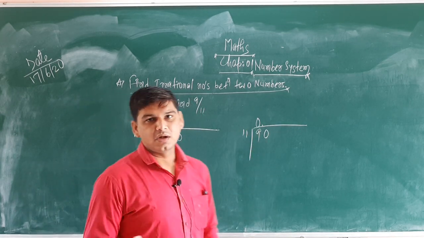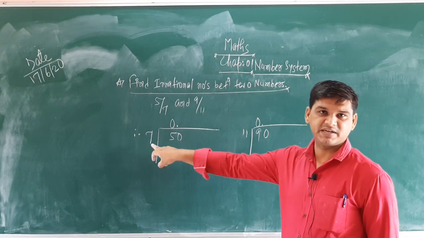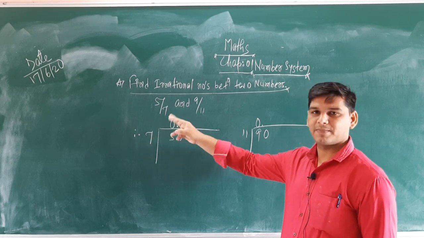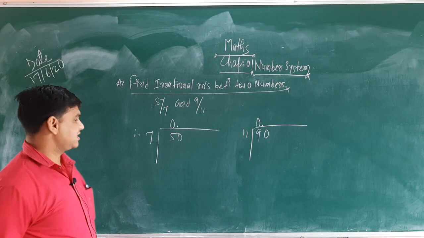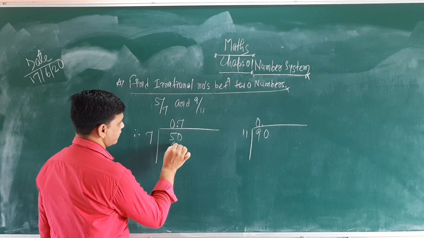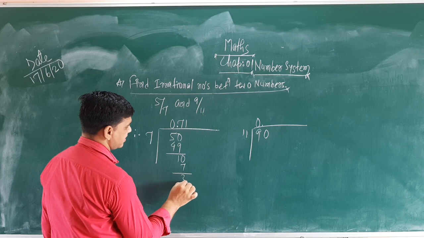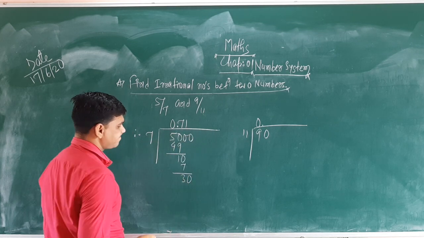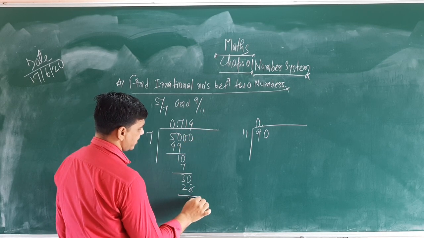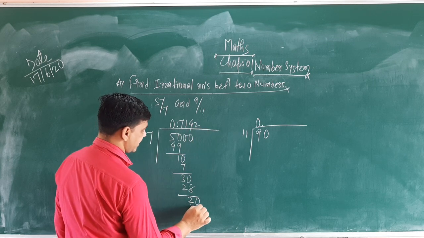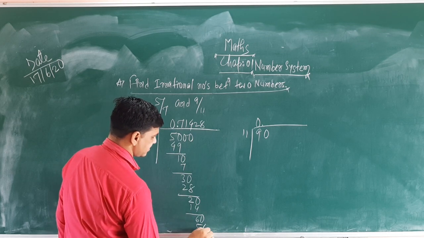Is the first step clear? Now I will use only the first division, 5 by 7, as 0 point, because 5 cannot be divided by 7. 7 is a larger number. So we have to apply 0 point, then we can add the 0. So let us make the multiplication. 7 sevens are 49, that is 1 remaining, and 0. 7 ones are 7, 3 remaining, and 0. 7 fours are 28, 2 remaining, and 0. 7 twos are 14, 6 remaining, and 0. 7 eights are 56.